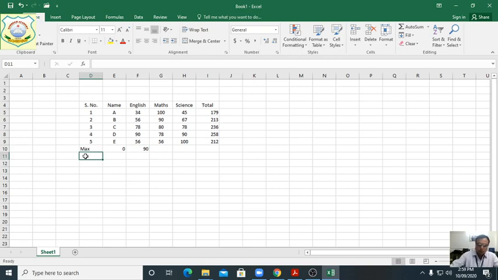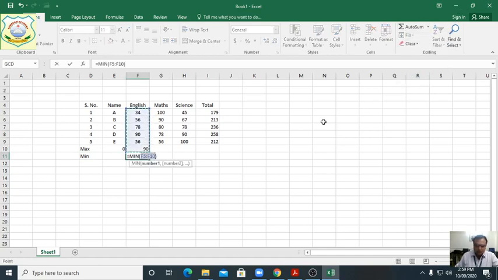In the same way, we want to find the minimum marks. Go to auto sum, min function, till the last cell. See here, 34 is the minimum marks.